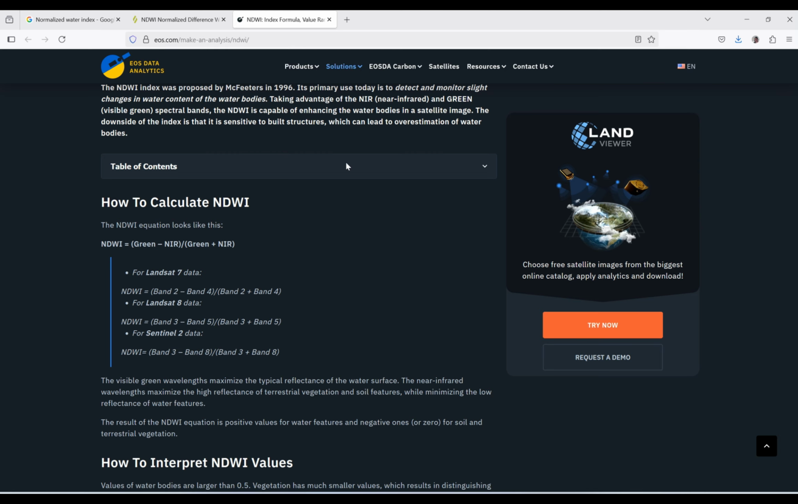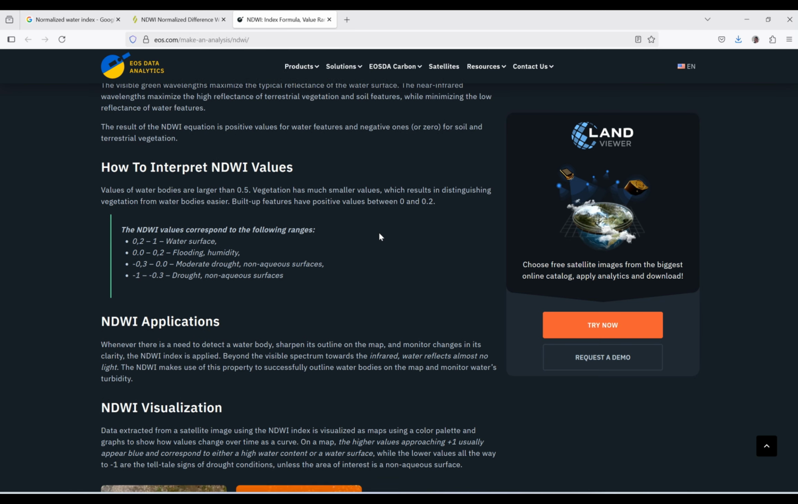And also here we have another information about how we have to interpret NDWI values. For example, here from 0.2 to 1 is water surface, and you can see the other parts. They are useful when you want to classify this index that we will interpret after calculating this index. Okay, in the next step,